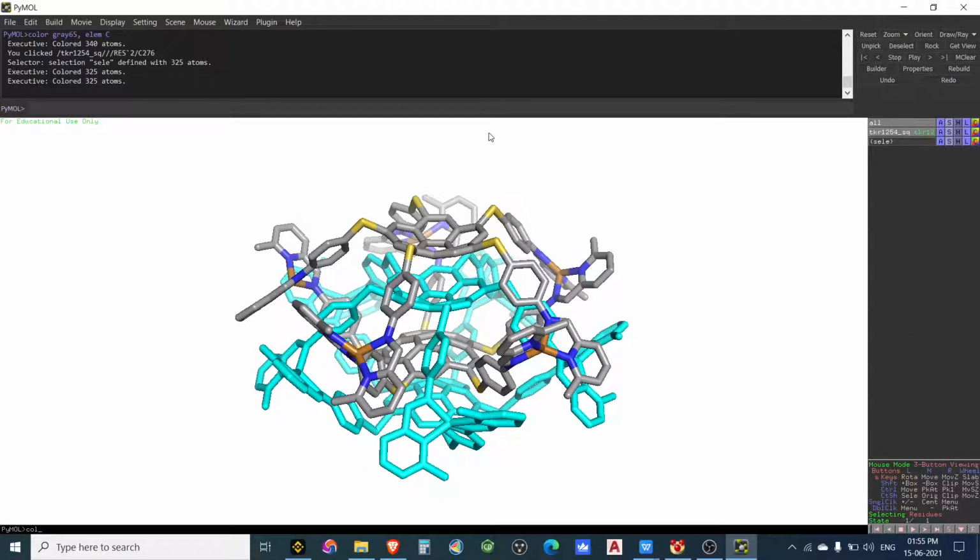Cyan. Now we can click the navigation up key to get the old command. Simply we can edit it here. Color blue, element nitrogen. See, inside this nitrogen is also changed. For that only we have changed this one into cyan color, and then later on we are giving the commands for changing the nitrogen color and then sulfur color also.